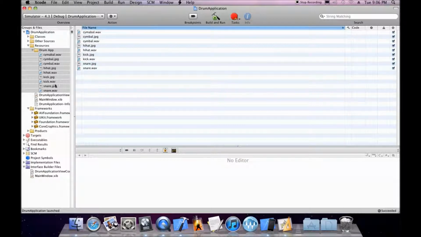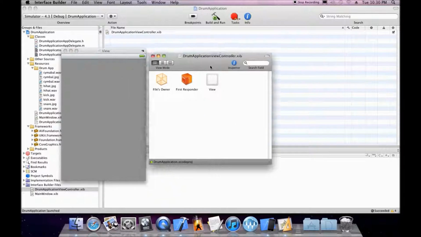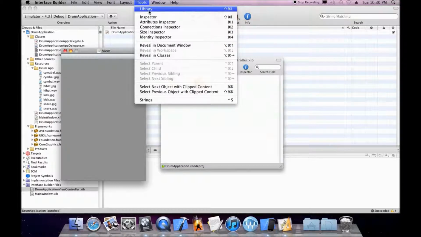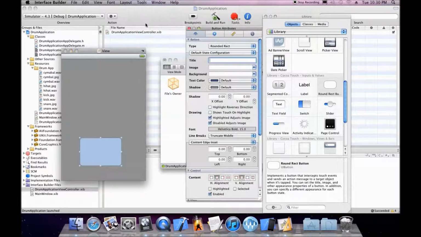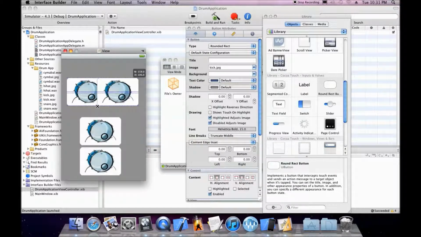hi-hats, kick, and snare. The next thing we add is the interface, so visually what people see. It has interface builders, so drum application. You'll see it's boring and gray. We just got to add some images, which we actually create buttons. So we'll go to tools, library, round rect button, okay. And then we go to tools, inspector, and we're able to add our own images, which we want, kick. Okay, so I can go and pull this, hit Alt, and I'm able to create kick, snare,